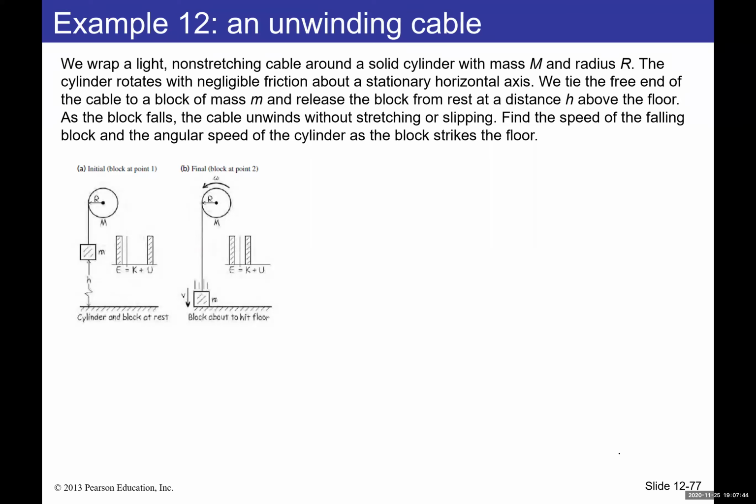And in terms of the object, mechanical energy is a combination of kinetic plus potential. So when the object is at some height h, all the energy is potential energy because it's at rest, it's not moving. Same thing with the disk. There's no rotational kinetic energy. Then when you let go, the object goes and hits the floor, and all the potential energy is converted